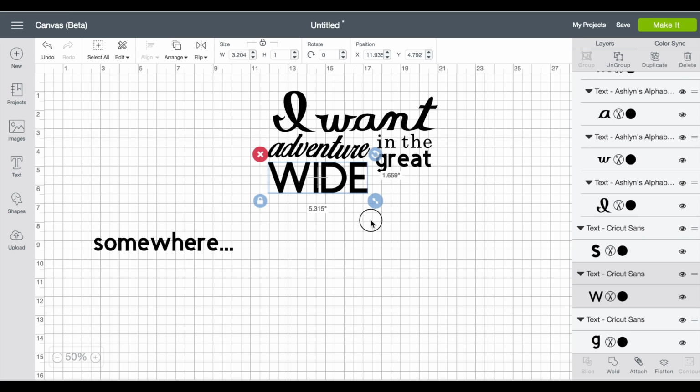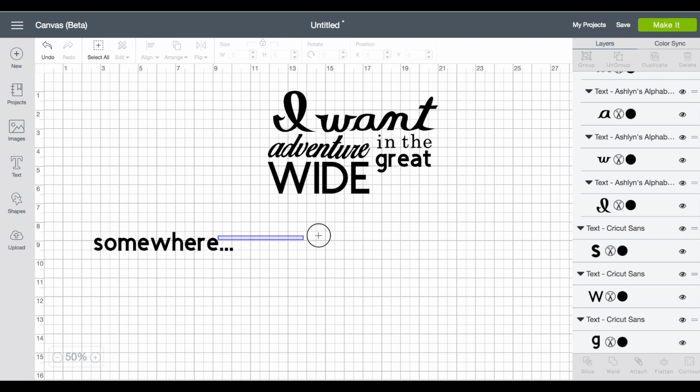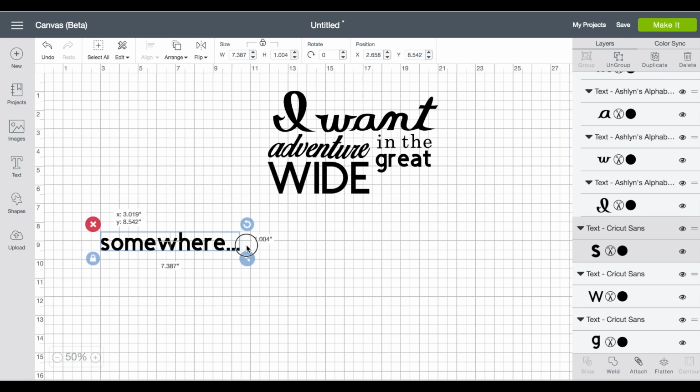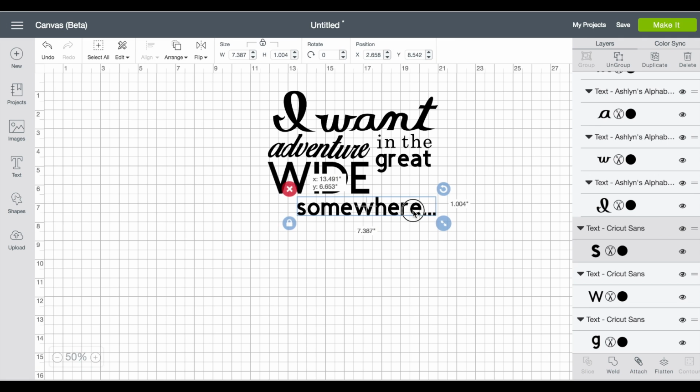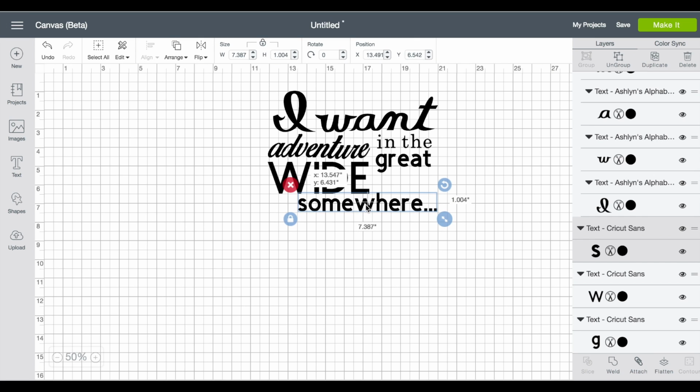I want it to be big and wide. And I'm going to leave this little gap here to put a rose or something that reminds me of Belle. So I kind of like that. Something just simple. I want Adventure in the Great Wide somewhere, and I even like these fonts. I know I was going to do something crazy, but I might change wide. I kind of like it though. So now we can change the colors, but I'm going to add the rose.